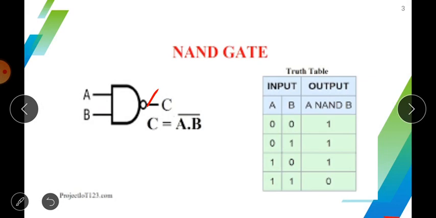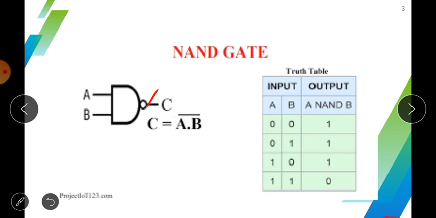When you see the logic circuit of the NAND gate, you can see that this circuit resembles the AND gate, with a difference of a circle only. This circle is a representation of the NOT gate, and when we apply this type of symbol, it works like an inverter circuit.